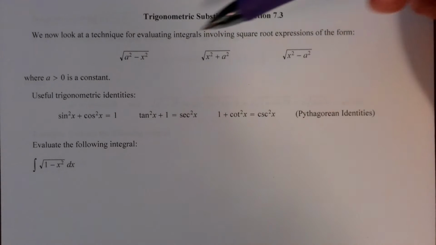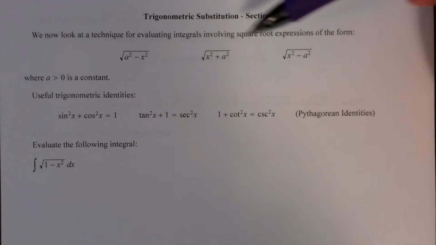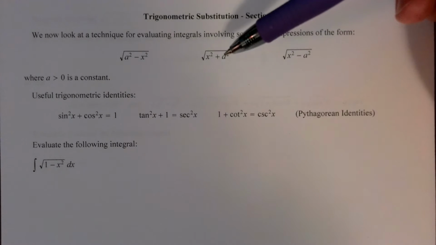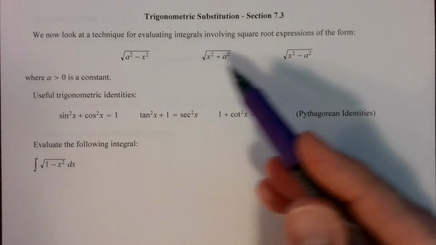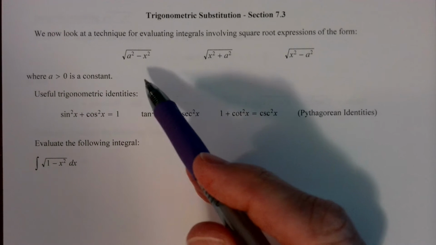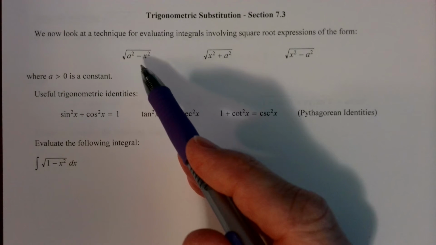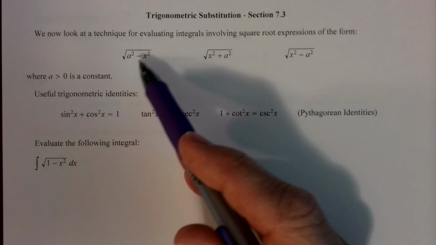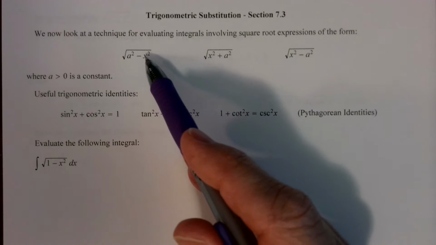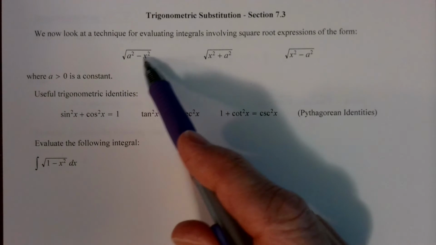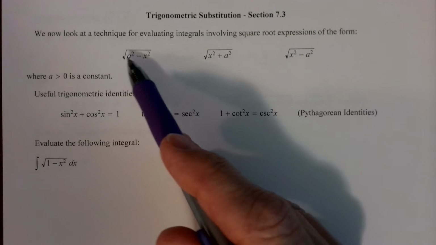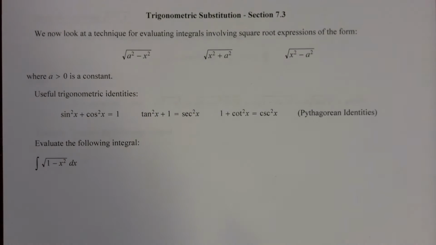Of course, you see the difference, the subtraction matters, right? The order we subtract in. So x squared plus a squared would be the same as a squared plus x squared. Now they're all under this radical, but we'll also look at forms that are essentially powers of this radical. So we're basically looking for these three forms, and having a radical involved in the integrand makes things rather difficult to try and evaluate and